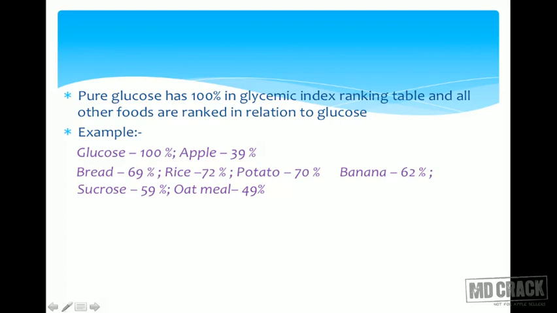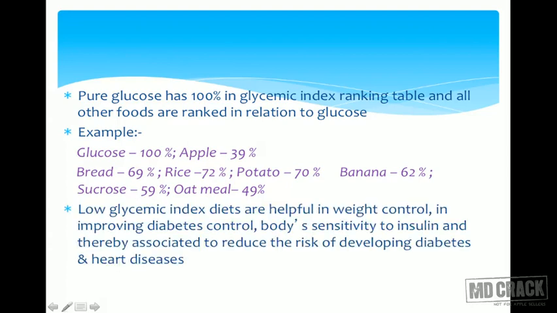You can, but look at rice and potato, look at their high glycemic indexes compared to even sugar, 59%. Banana also is, all these are there. Apple has one of the least glycemic index. Now low glycemic index diets are helpful in weight control, not only in diabetics but also in weight control and